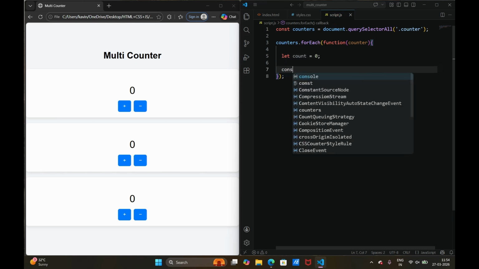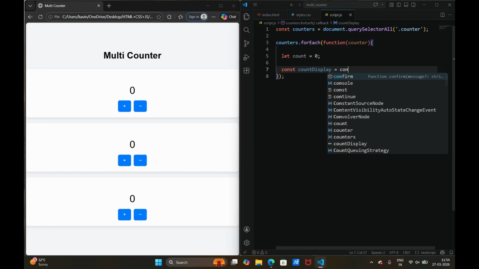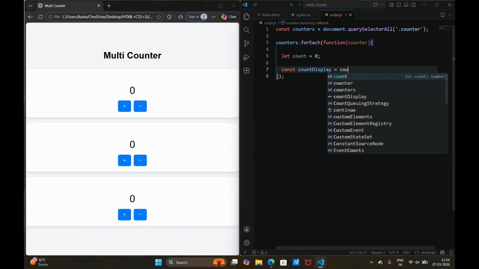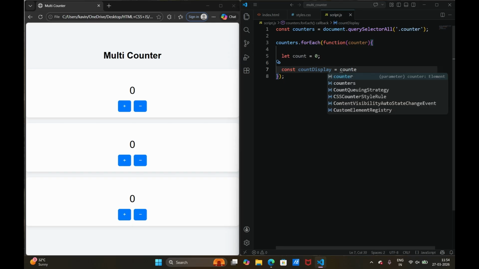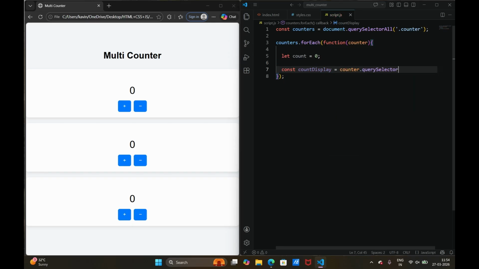Next, I am identifying the display and the buttons now. Count display, selecting it from the counter, it is coming from counter.querySelector